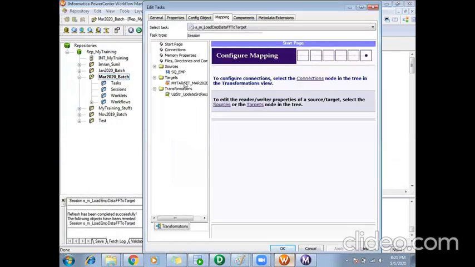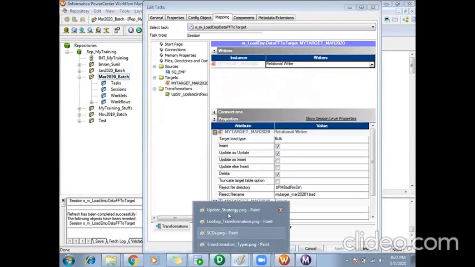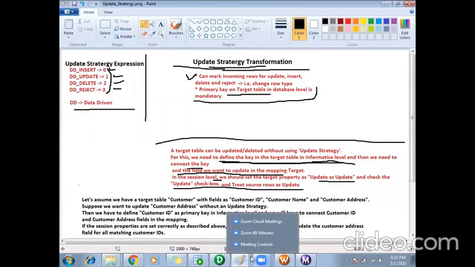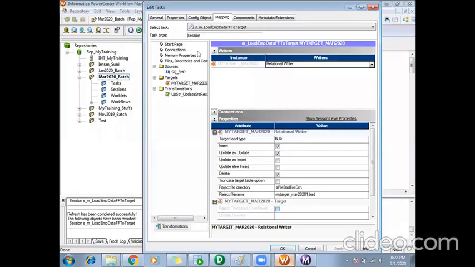In my target, as I told you, we will set it as update and check the update checkbox, and treat source rows as update.